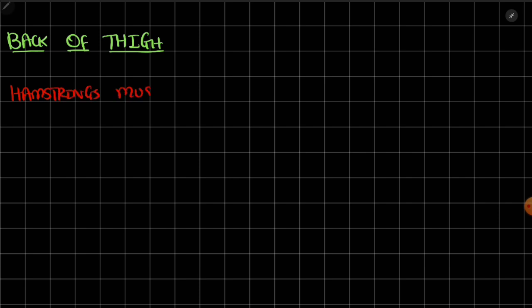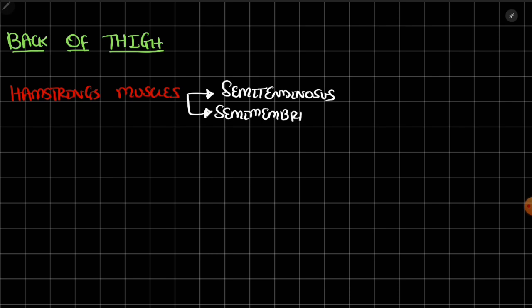Hamstrings muscles. Okay, so what are these hamstring muscles? Basically, the hamstring muscles, as we saw in the popliteal fossa, are the semitendinosus, okay, semimembranosus,